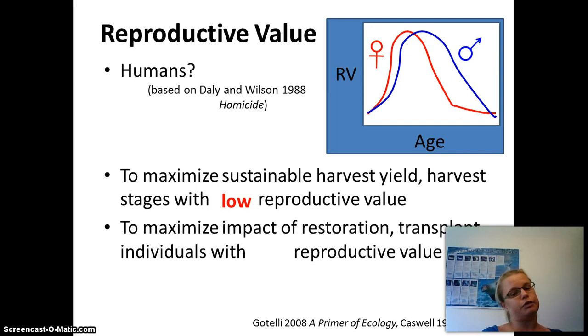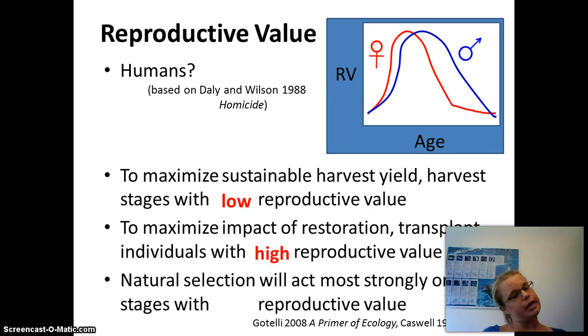To maximize the impact of restoring a population, you really want to transplant individuals that are likely to survive and reproduce a lot. So you want to transplant individuals with high reproductive value. Natural selection will act most strongly on stages that contribute